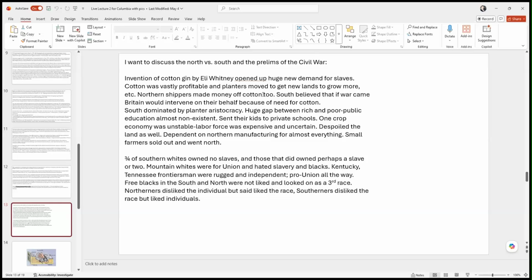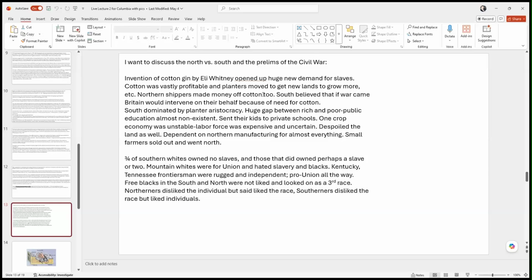Well, what it did is it made it possible for a very small number of people to prepare the cotton, and it made cotton a lot easier to process, and therefore a lot more profitable to grow. So cotton growers, slave owners, now actually had an increasing demand for more slaves and more land to plant more cotton and make more money. So instead of slavery looking like it's going to die out, it actually gets a new birth, with more demand for slaves and more demand for land to plant more cotton.